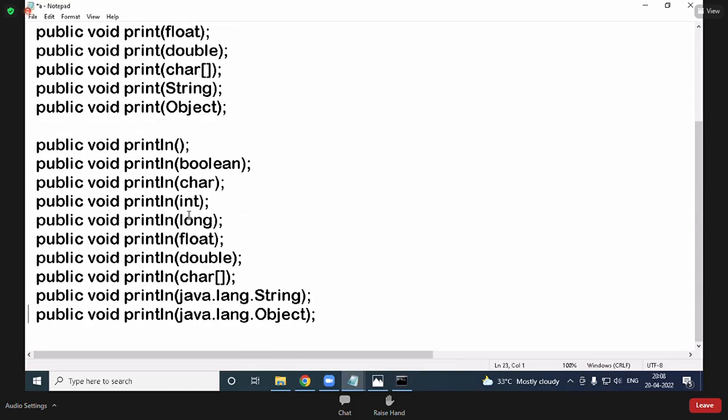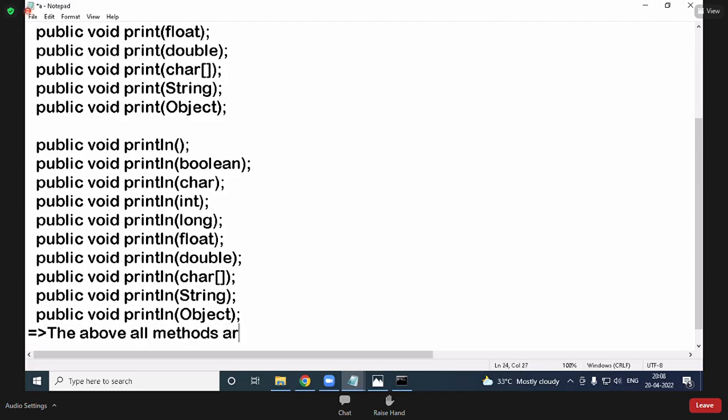Now these 19 methods, for what purpose do we use them? To display data on the monitor. See, all the above methods are used to display data on the monitor.